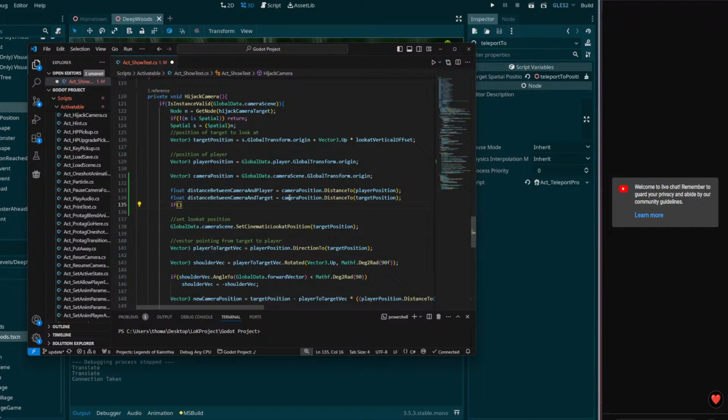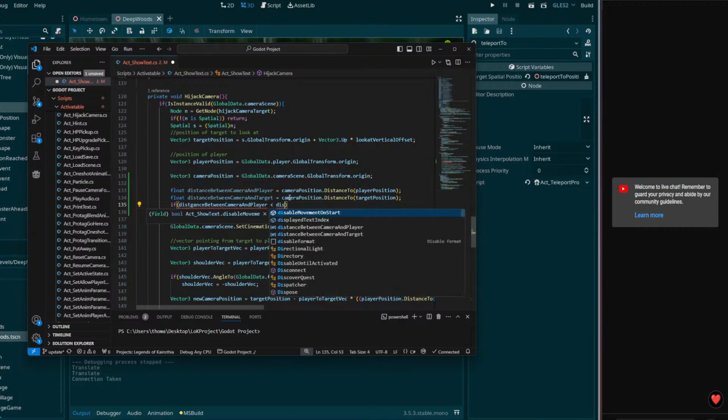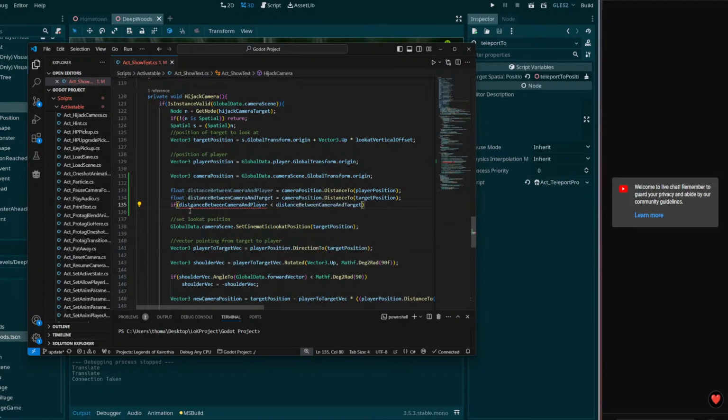Now, if distance between camera and player is less than distance between camera and target,